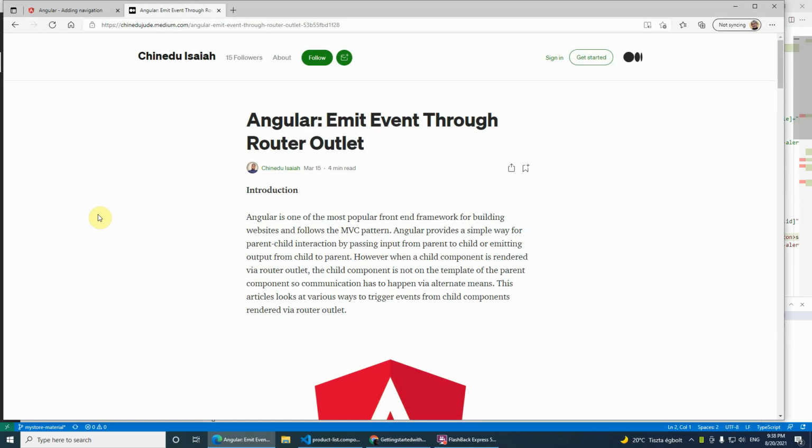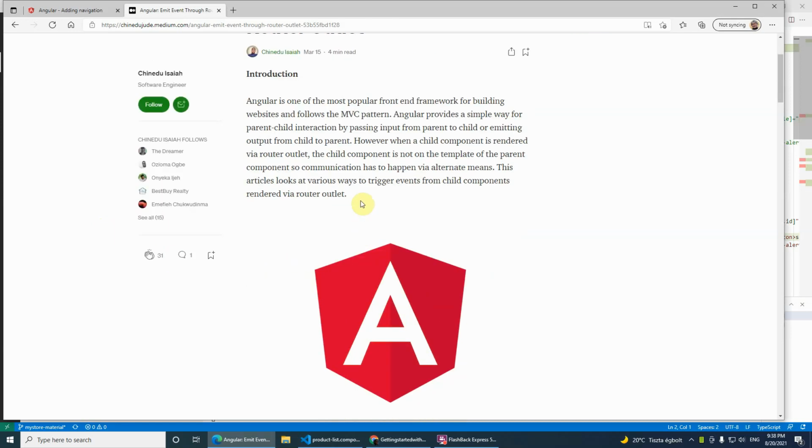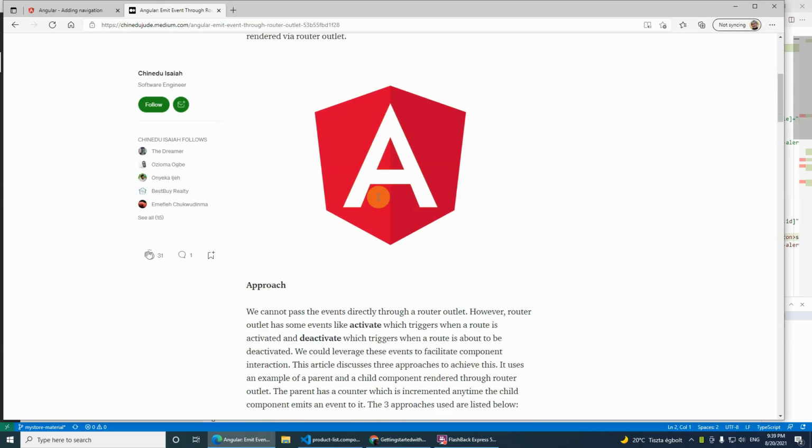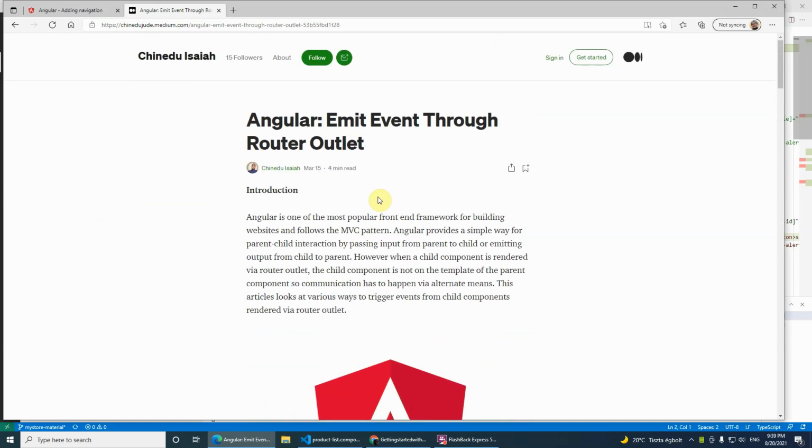So this video explains a solution which I found in this document. Possibly there are other documentation which describes this method, and here the problem is in the previous video. In the previous section, I have explained that when a component is rendered, I mean created via the router outlet,